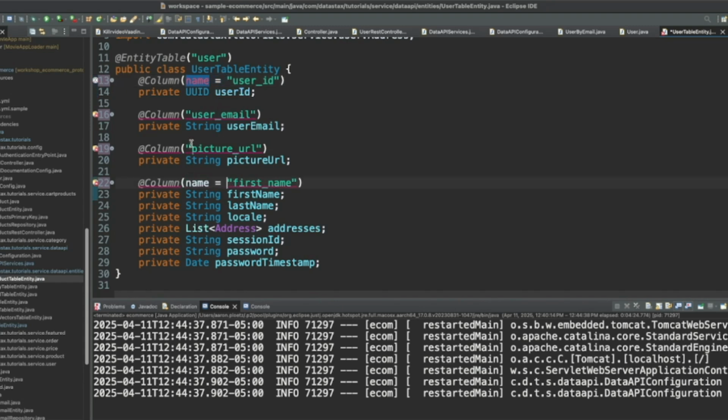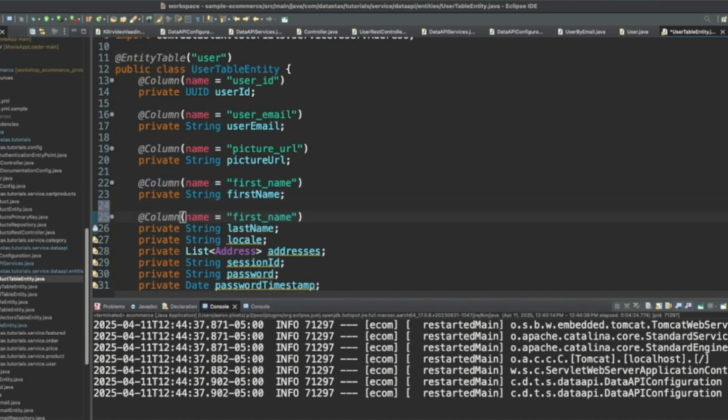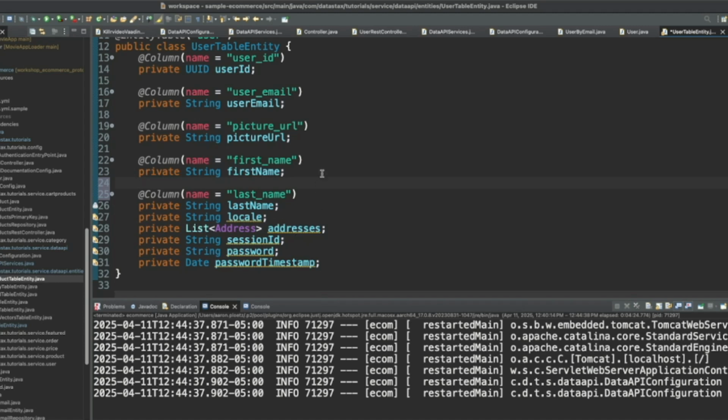Let's make sure that we have the name property inside that. Now we're also going to need this, right here, for last name and session ID.